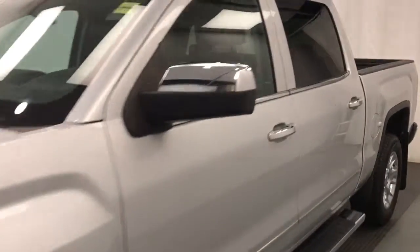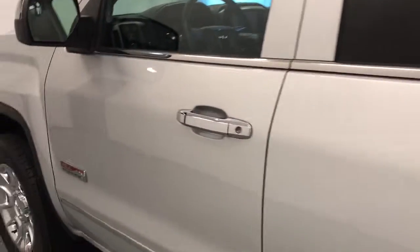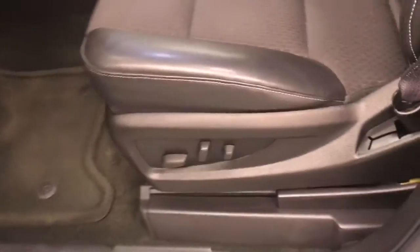Stock number 206959 on a 2014 GMC 1500 all-terrain, and our exterior color is silver. Interior options include power windows, locks and mirrors, premium audio system, power seats with lumbar support, leather and cloth interior,